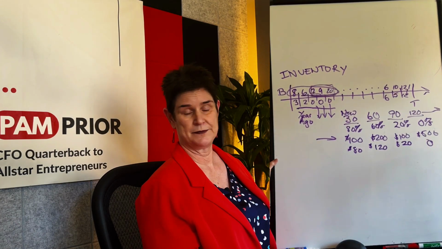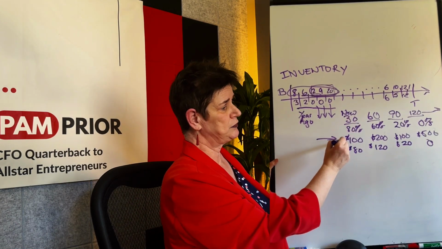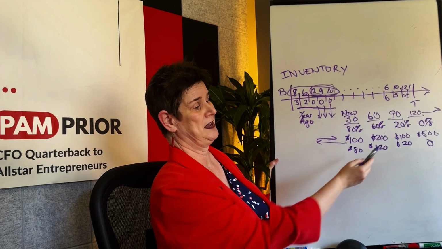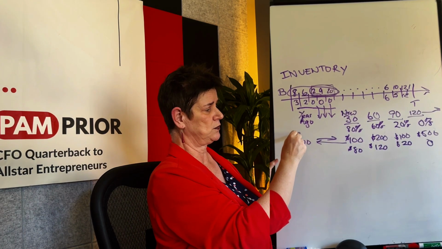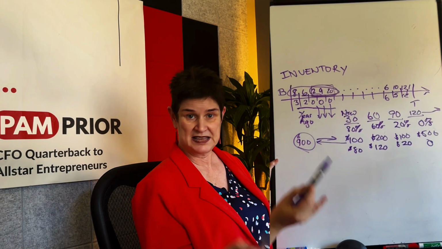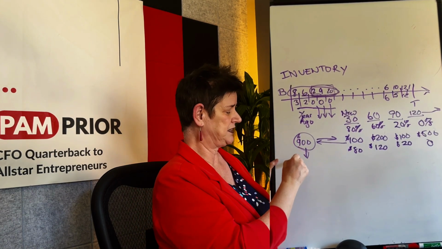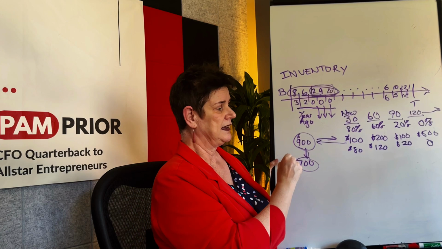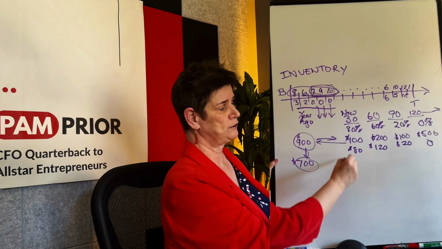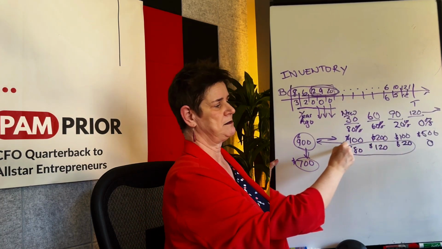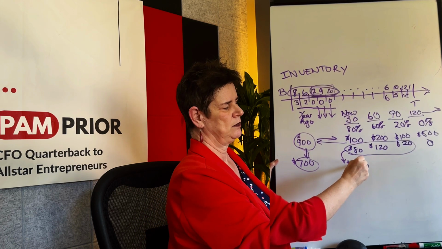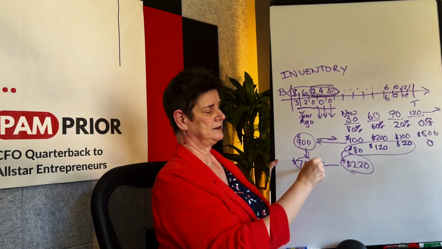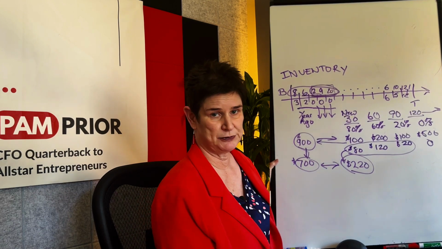So even though when you add up the total value of your inventory, you're like, hey, I've got $900,000 worth of inventory. I think I can borrow $700,000 on that. That's not the case. You're truthfully only going to be able to borrow the sum of all these, which is $220, which is wildly different than what you might have been expecting to be able to borrow.